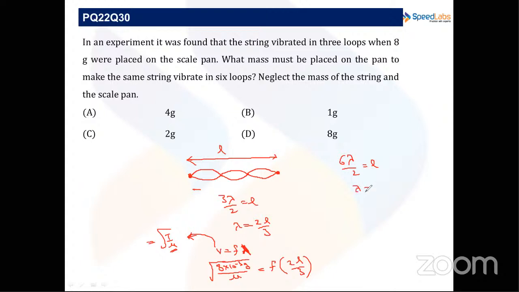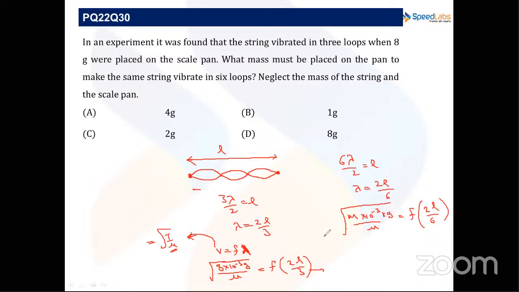So if I want 6 loops over here, what do I have to do with the mass? Let's say the new mass is m gram, so m into 10 raised to power minus 3 into g divided by mu is equal to frequency f into 2L by 6. Divide both the equations, you get square root of m by 8, everything else cancels out, is